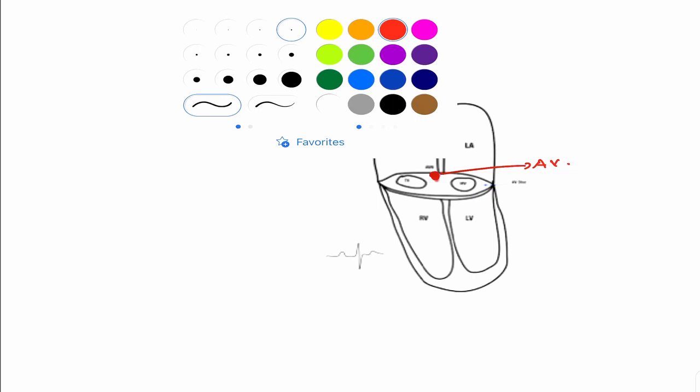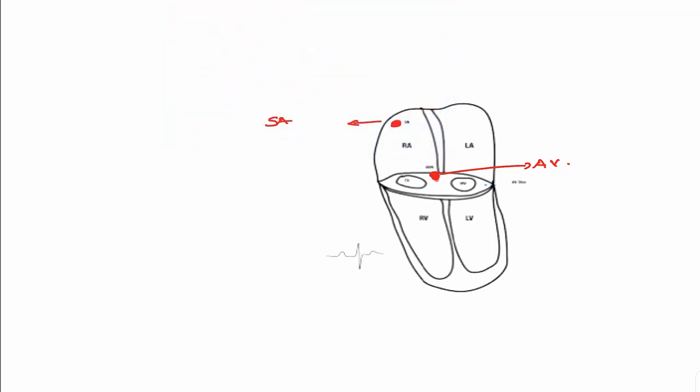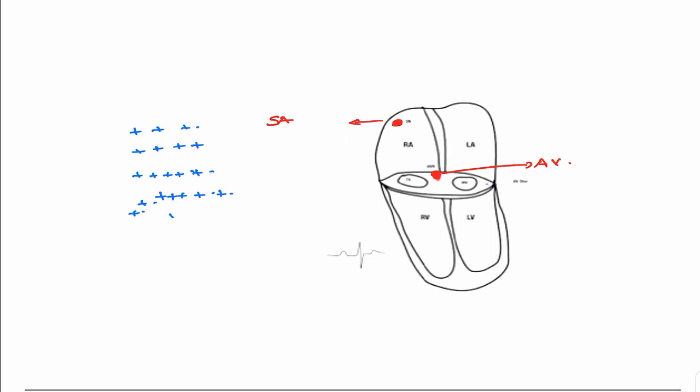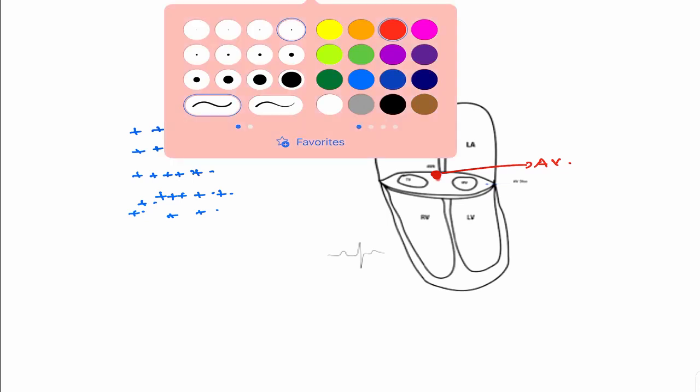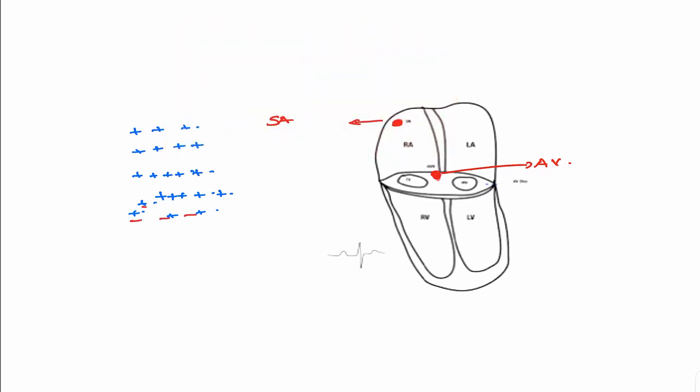Now the electrical signals, we just saw depolarization taking place, so it becomes electropositive. More sodium ions come inside and we get electropositive, and this electropositive wave will spread in the heart like this. It will just keep on spreading, and then repolarization takes place in the reverse order. So whatever was positive goes back to negative. This is how the information spreads.